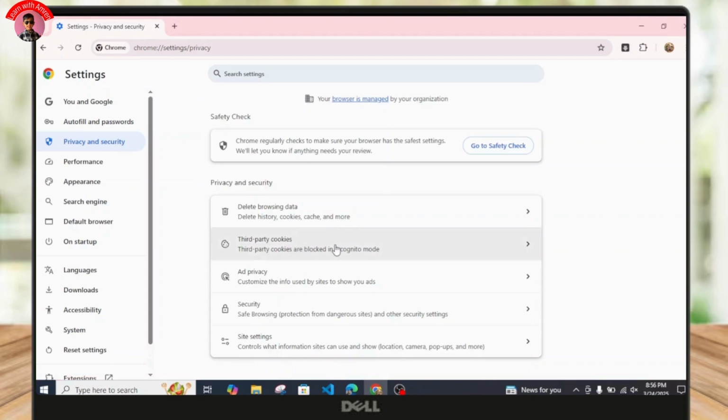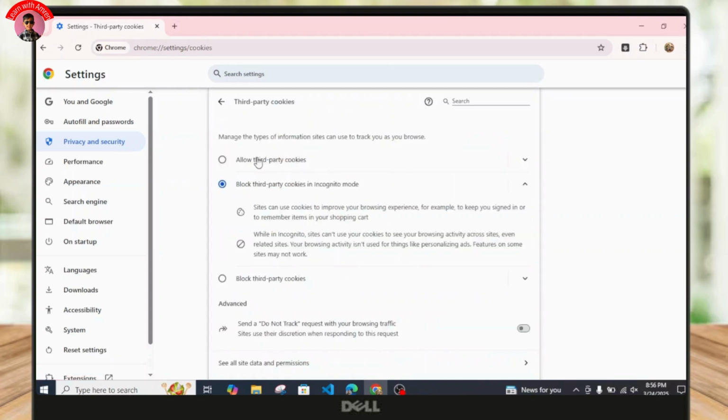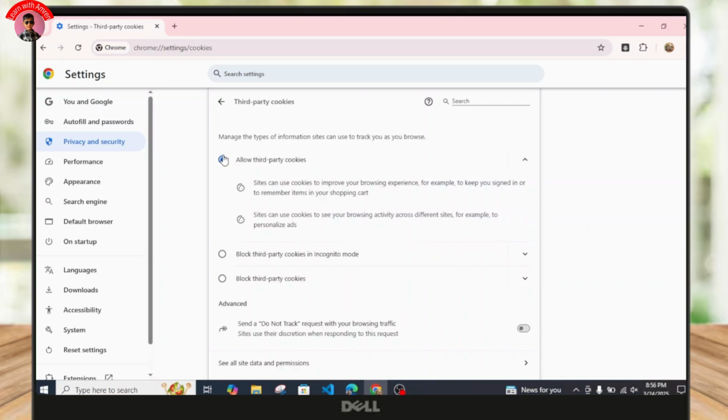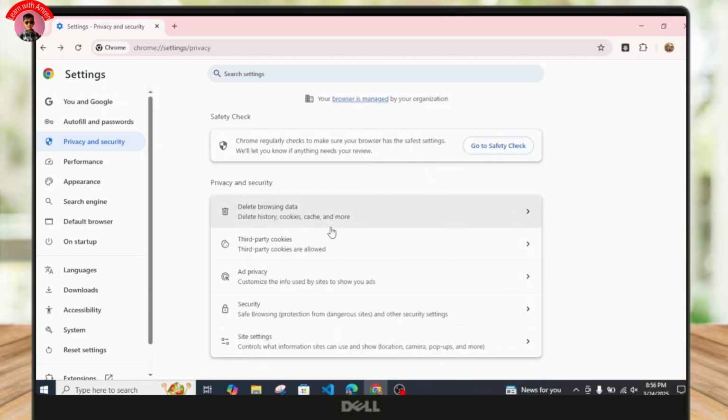And once you're inside here, just tap on this third-party cookies and make sure you allow your third-party cookies just like this. You make sure you have selected the allow button over here, and then just come back, and now